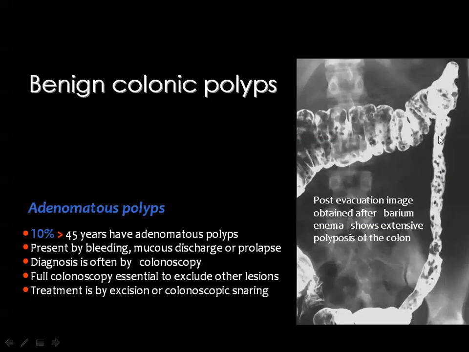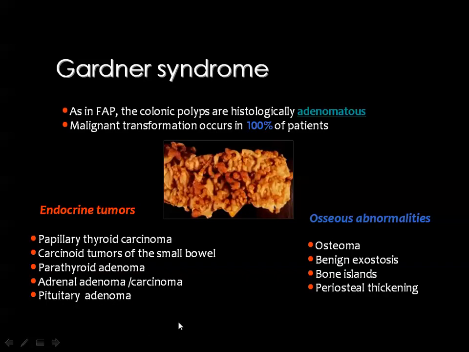Then you look at this colon, and you can see multiple small polyps scattered throughout the colon. And for the accurate diagnosis, you usually need the help of endoscope and biopsy. Then this Gardner syndrome is one of the colonic polyposis syndromes. The polyps here are of the adenomatous type, and it carries the risk of malignancy in 100% of the cases,